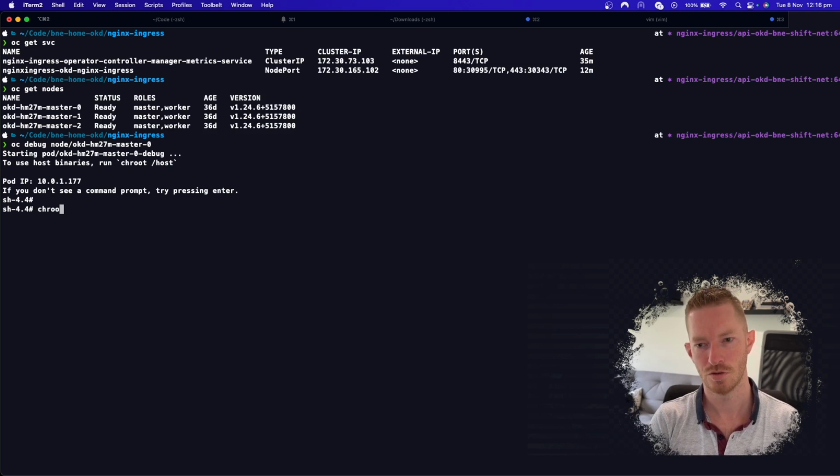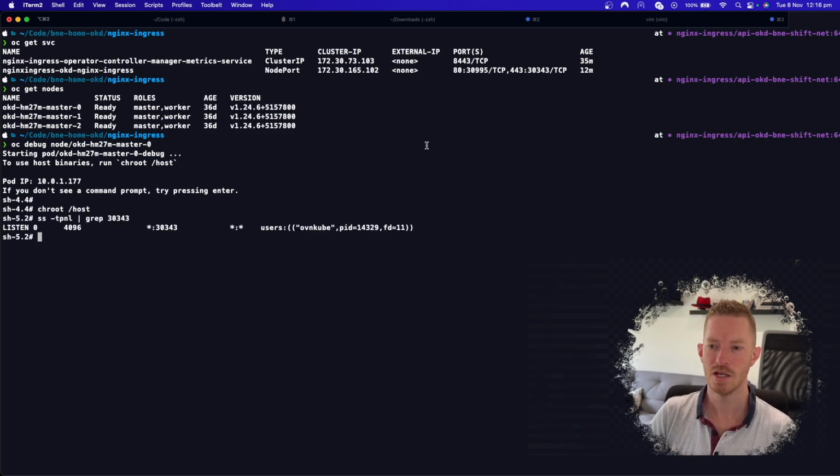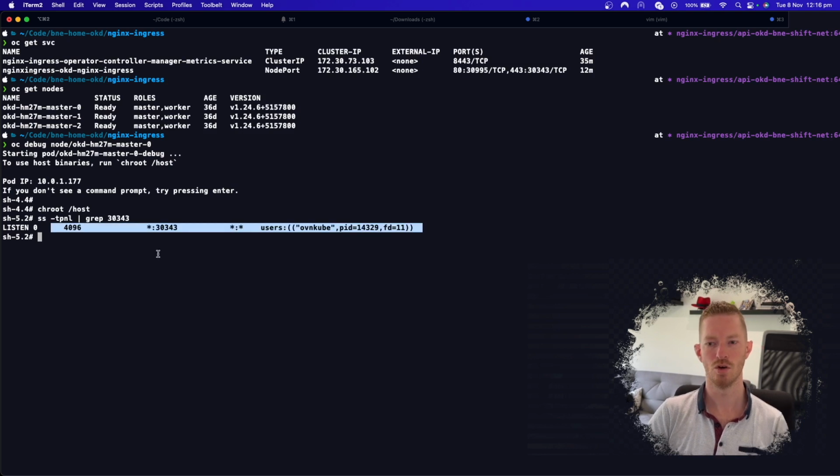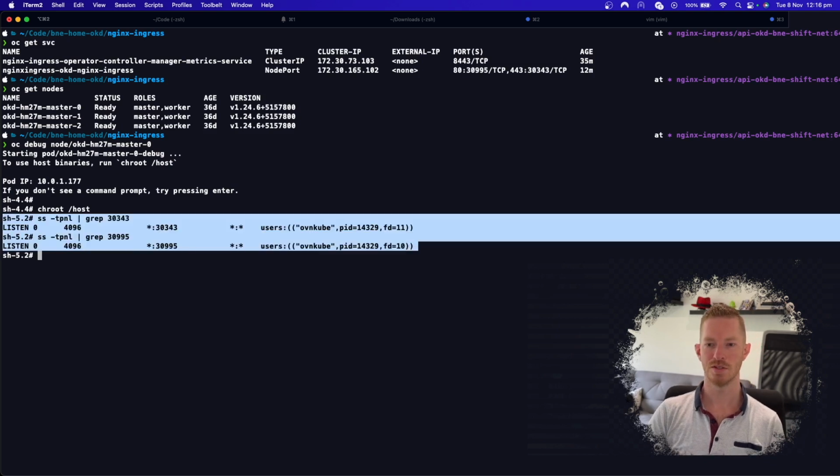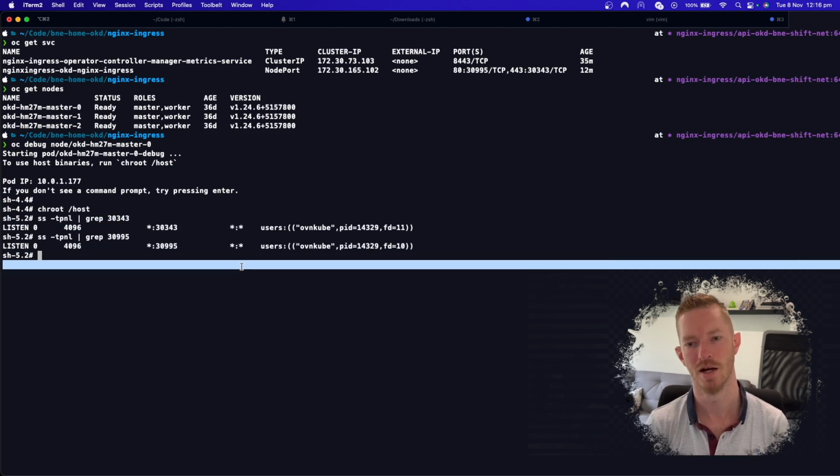So we'll do chroot to host and ss -tpnl grep for that port. So we can see that port, we have ovn-controller listening on that port, and if we look for the other one as well, 30995, we can see that one's listening as well. Now, every node in my cluster will be listening on those regardless of where that pod runs. So, to access these,